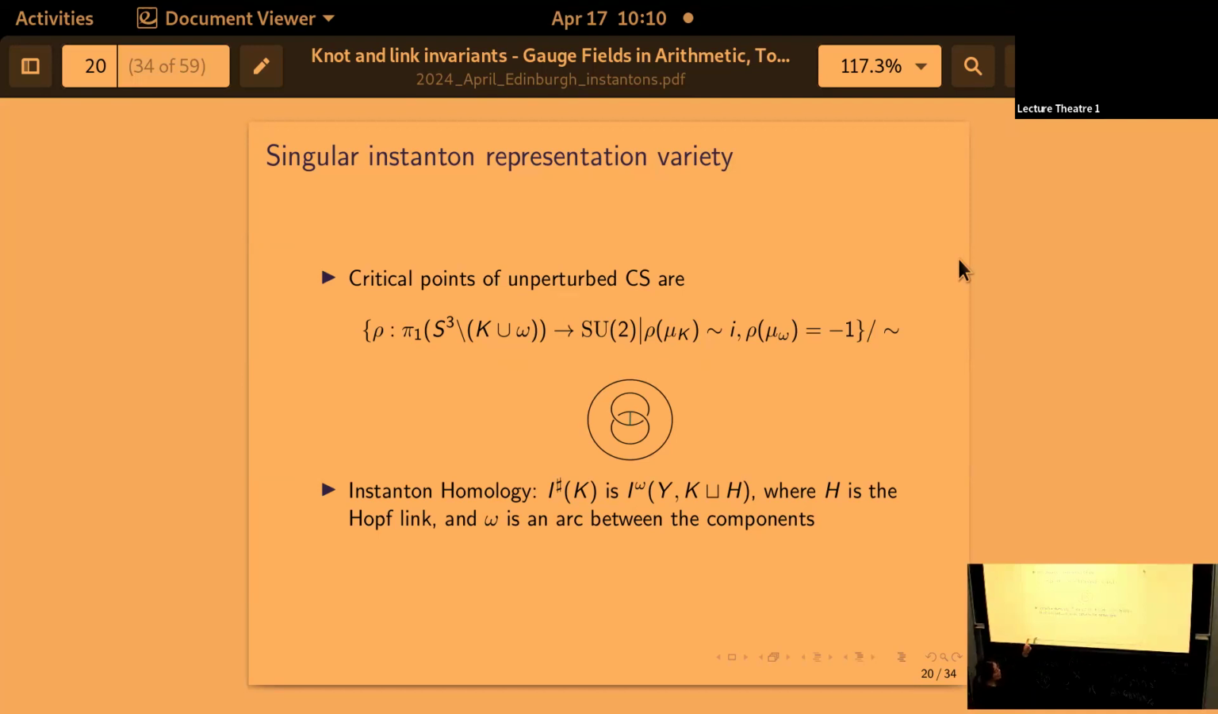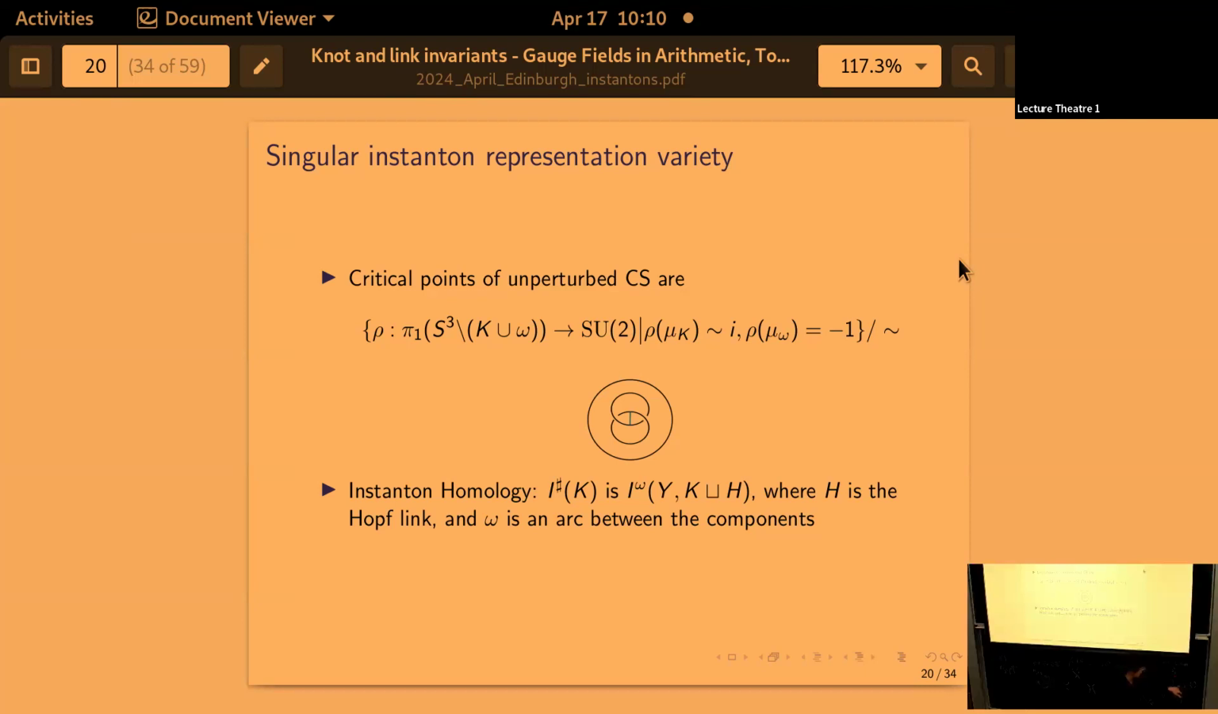If your link K is just the unlink, then, oh yes, there's this other gadget you're doing where you're adding a Hopf link to everything. So K is this stuff. I'm adding a Hopf link somewhere else, and omega is going between them. But it turns out that what this thing actually gives you is just